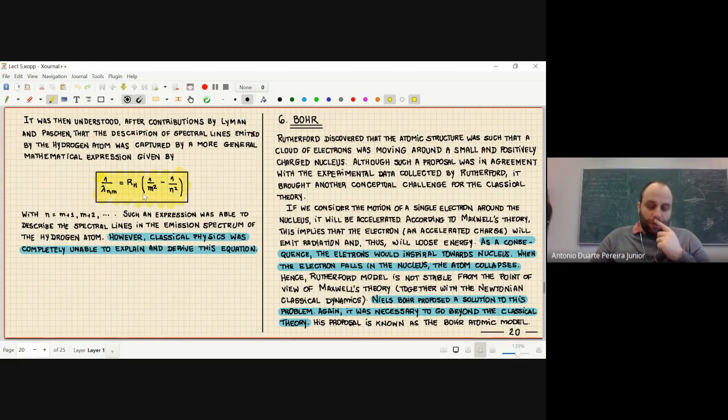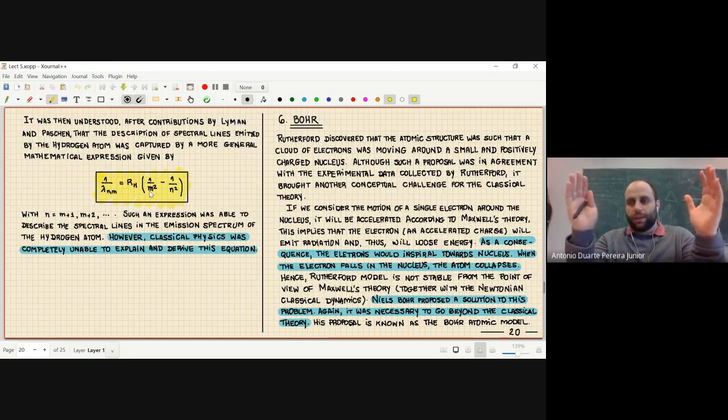And in front of this equation here, you see that there is this constant, which is called the Rydberg constant. That was a constant introduced in order to tune the equation in such a way that you reproduce exactly the values that you see in the lab. So this is an equation that you did not derive from a more fundamental theory, but rather, Balmer just stared at the pattern of the absorption spectrum of hydrogen and started guessing what would be the formula that would describe what he was seeing.